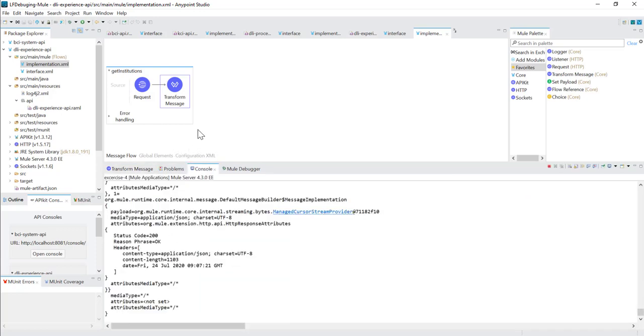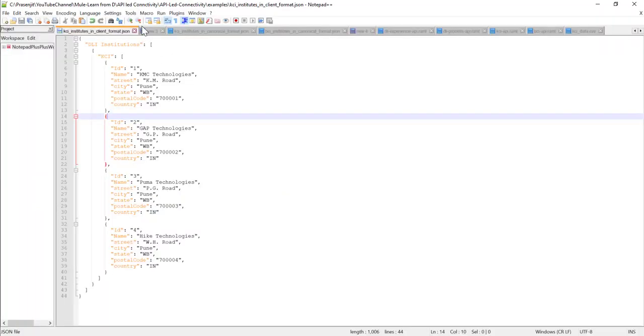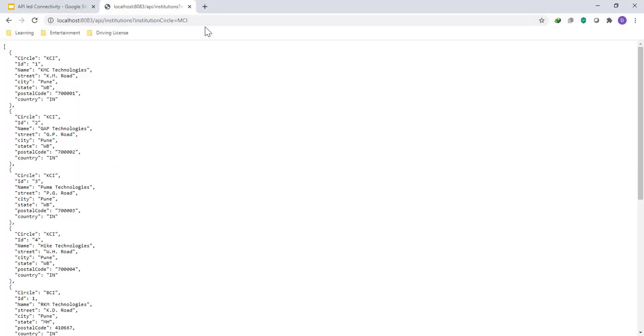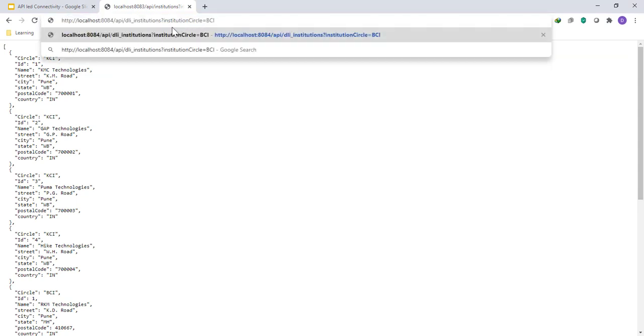So our flow is already deployed. Now quickly I will try to access the URL. All right, so this is the experience API URL I am trying to access, right?